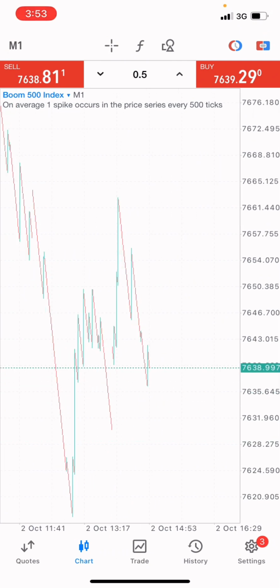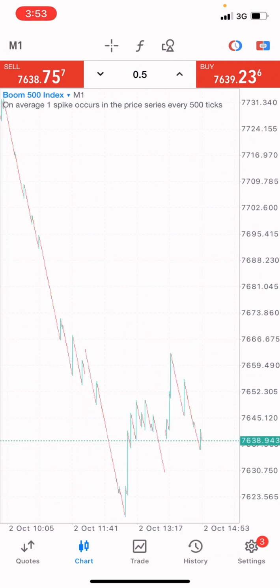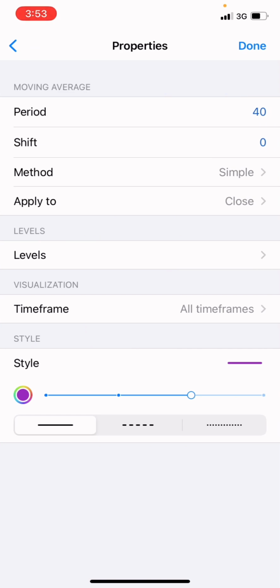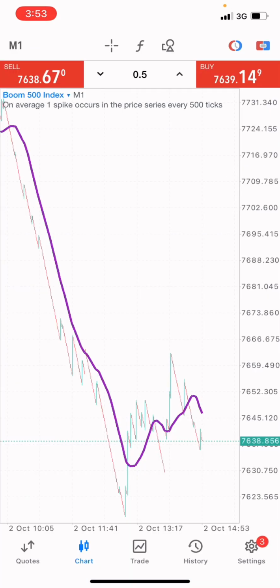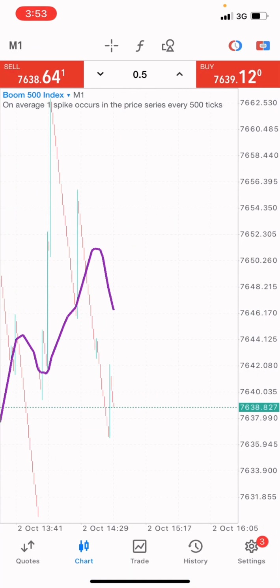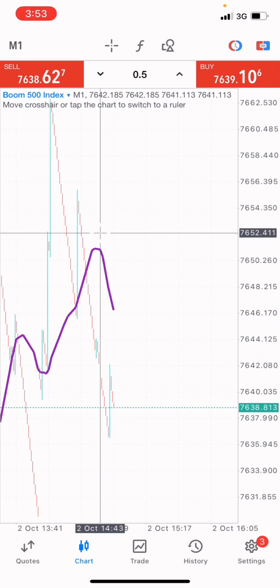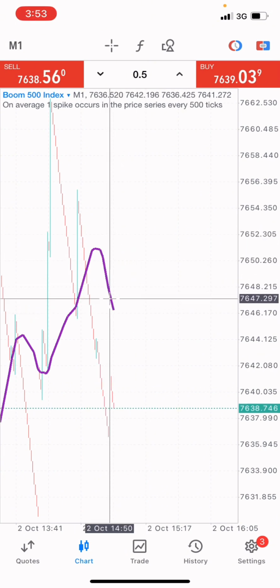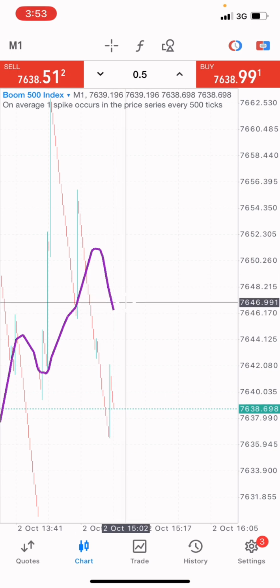Just to let you guys know that this market right now is going towards the upward trend. We're going to put a moving average right here to confirm this movement, with the same parameters. The moving average, you can see right now, if you take a closer look at this market, you can see that it is now going towards this direction. It's about to curve. Okay, if you look at it, it's about to curve upwards.